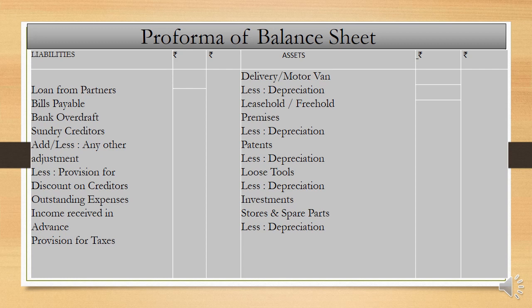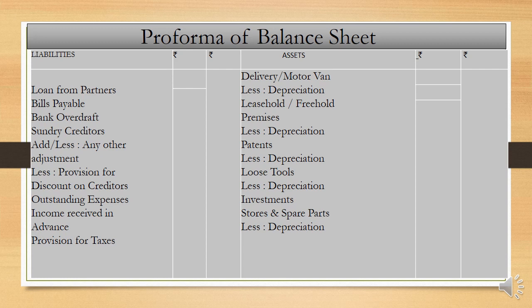From the sundry creditors, first we will deduct the discount on the creditors. The creditors will give the discount to us, so it is an income for us. So the first entry will go to the profit and loss account credit side because the creditors have given the discount. It is an income, and now we have to pay a lesser amount to the creditors, so we have to remove it from the creditors. That is why the answer is less from creditors.